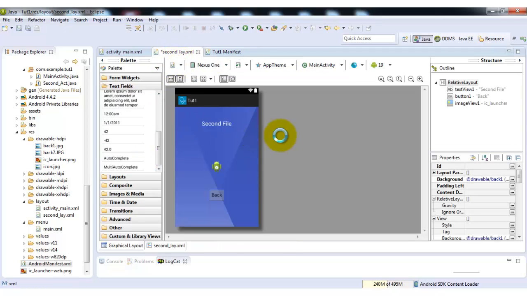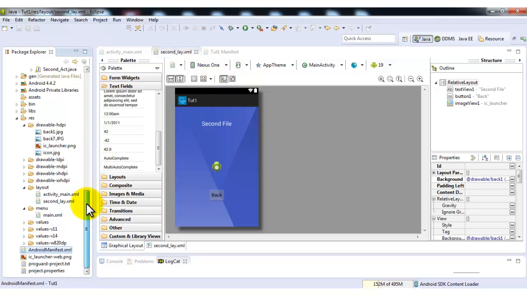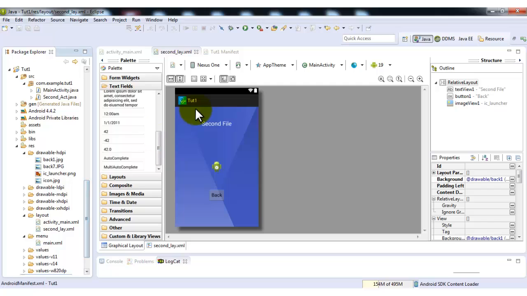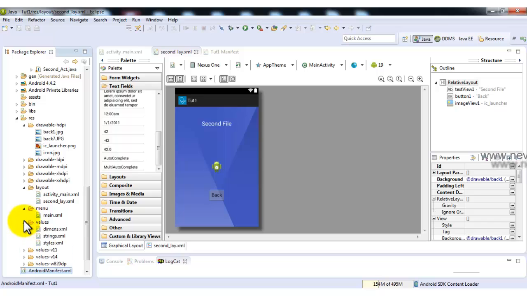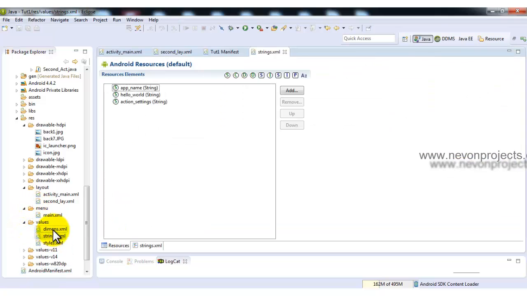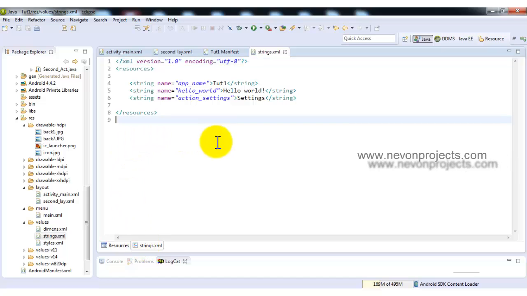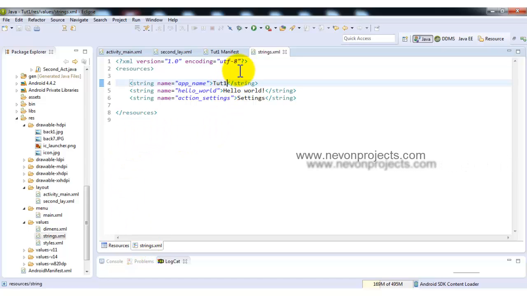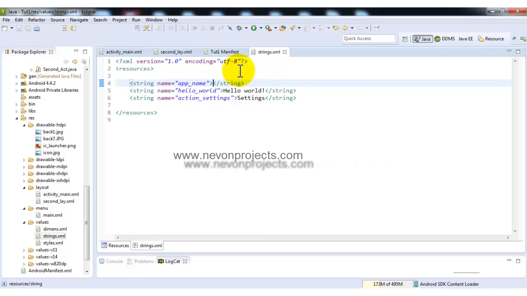So if you come back to your layout file, you can see that the icon of that particular application has been changed. So you can change the icon of that particular application, and if you wish, you can even change the name of that application. You just have to go to the values folder. It contains strings.xml, and go to that XML, and there you have app_name. Just change the name over there,